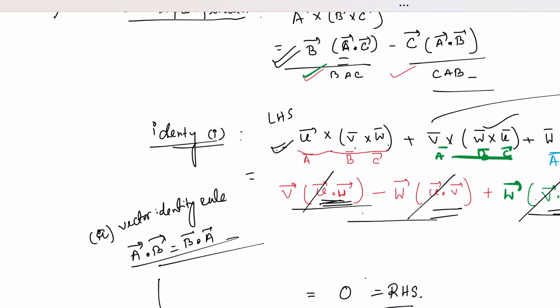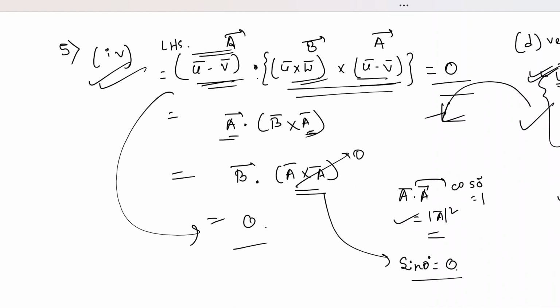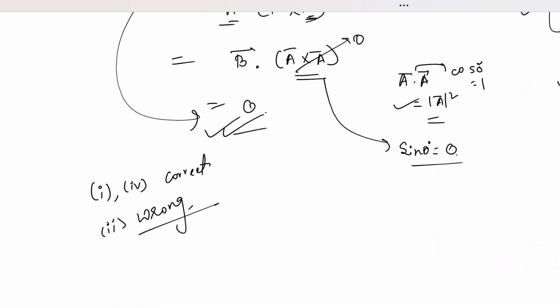So this expression you have to remember. Sometimes it is worth checking in every nitty-gritty detail, but other than that, it will take a lot of time to solve just a very trivial simple question. So these are the shortcuts you need to know about, and for that you need to know the identity rule. Since we have already seen that options number 1 and 4 are correct, option number 2 was already wrong, as I told you, because they do not satisfy the triple product identity rule.